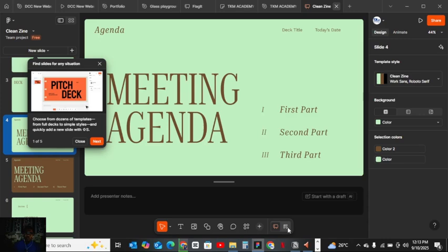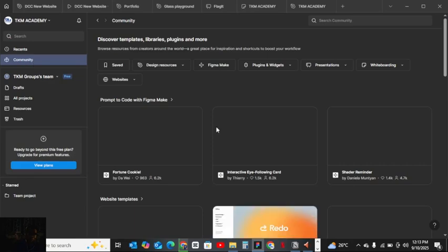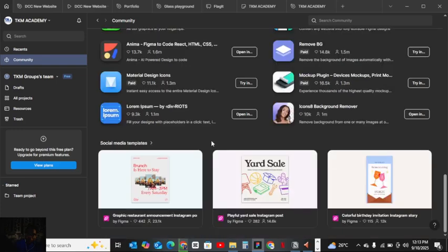Click on community here. Get stuff from the community, plugins. We're going to be learning all these things. We're going to see how we can use plugins and how the community can be useful to us as well.